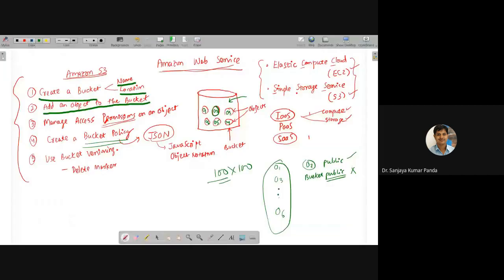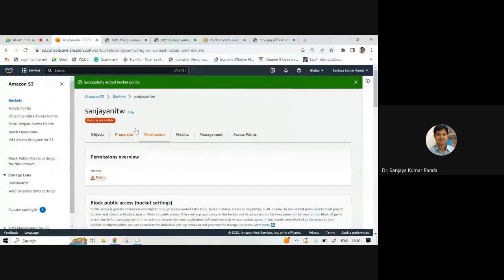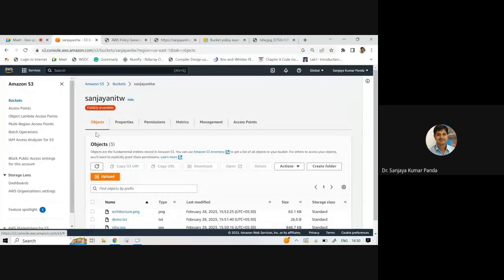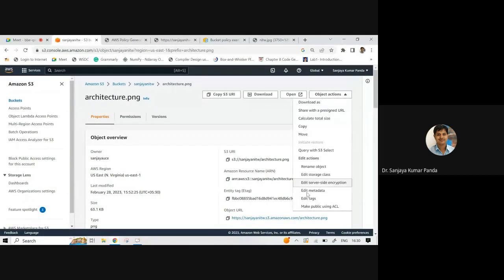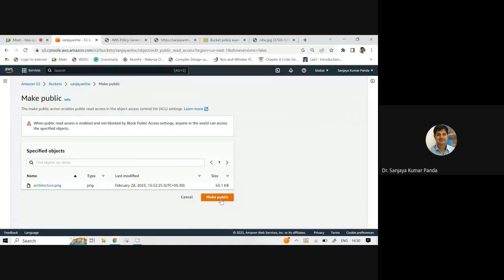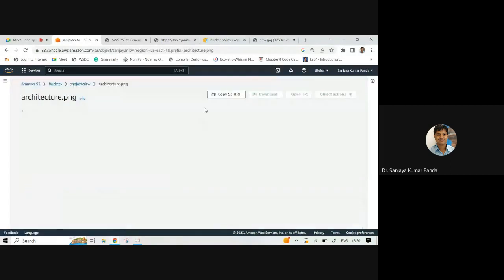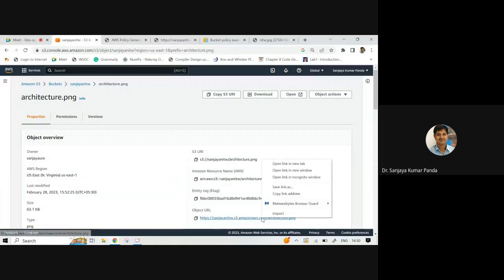So this part is also done, right? Manage access permission of an object and create the bucket policy. It is done. So now it is publicly accessible, right? This bucket is publicly accessible, but objects are not publicly accessible, right? Okay, in a similar manner you can do it for objects also. There is no issue. You only have to understand how these policies actually work. Similarly, this architecture.png is another file. So I want to make it public. Okay, so you can also see this architecture.png file.